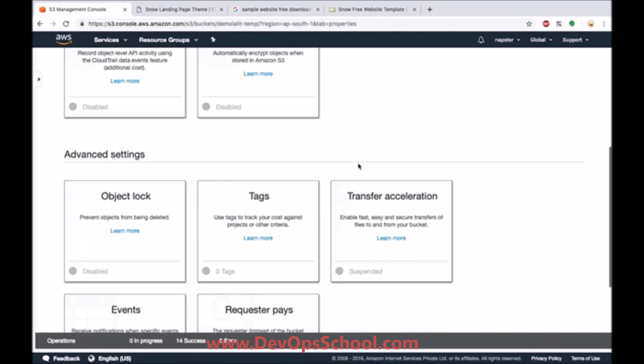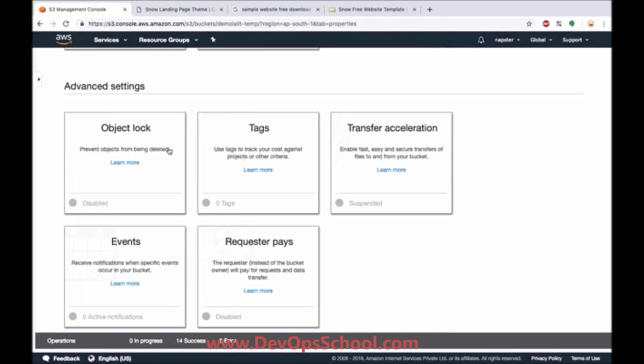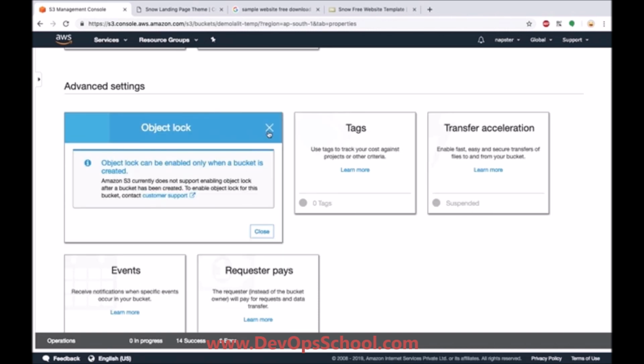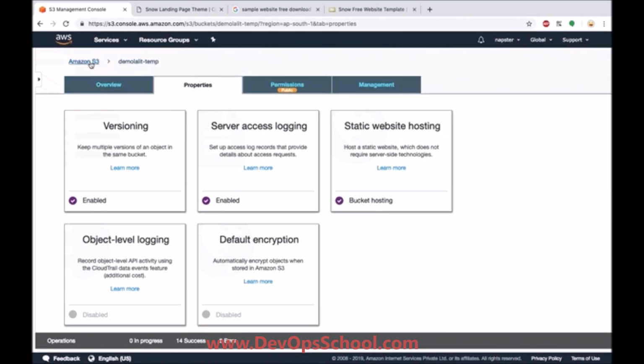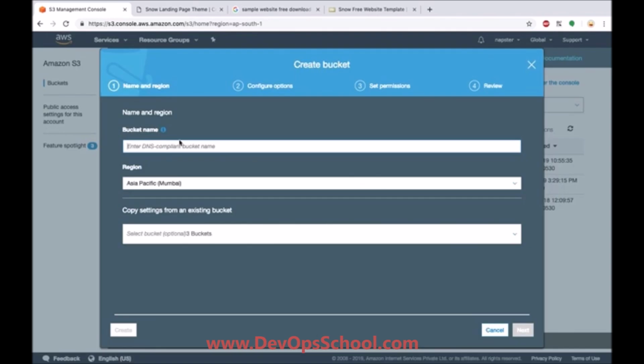Okay. Then we have object lock. So object lock is for accidental deletion of an object. If you have many juniors in your organization who are accessing your AWS account, for such cases you can have object lock. Object lock cannot be enabled later. Whenever you create a new bucket, at that time only you can enable this object lock. So for example, when I create a bucket,